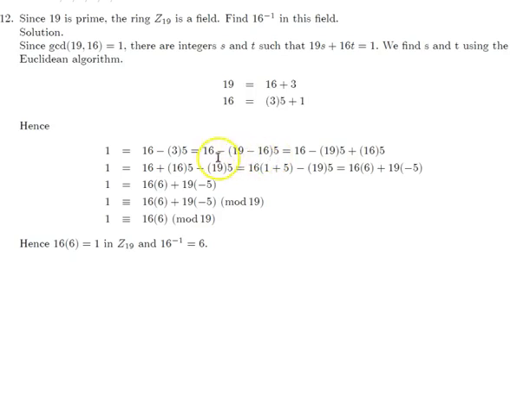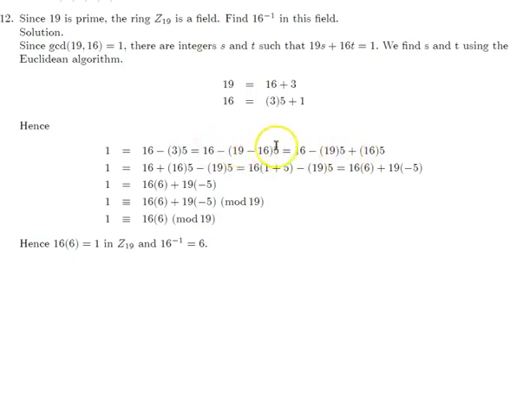Then 16 and 19 must be kept as factors. We distribute 5 here, and the negative sign. So we have 16 minus 19 times 5